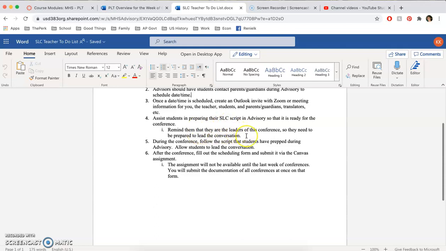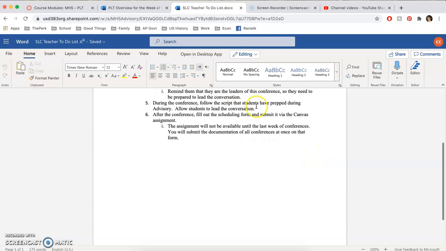Remind them they are the leaders of this conference, so they need to be prepared to lead the conversation. During the conference, follow the script that students have prepped during advisory and allow students to lead the conversation. And finally, after the conference, fill out the scheduling form and submit it via Canvas, the Canvas assignment.